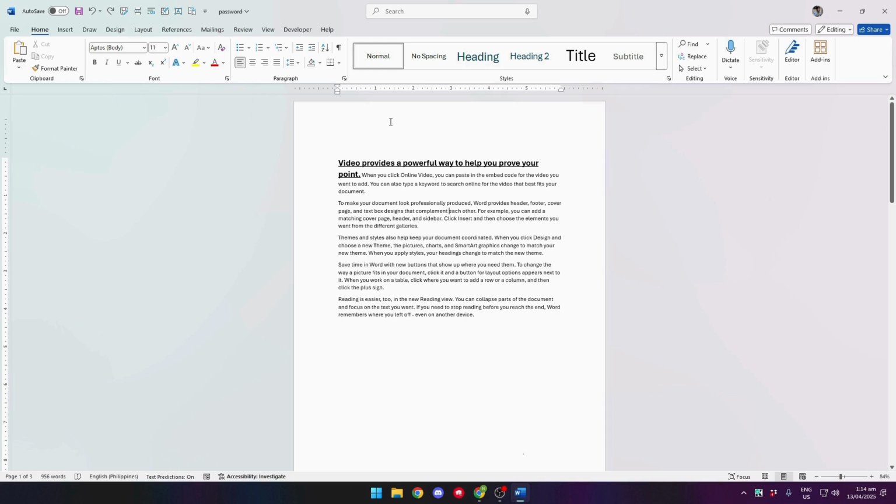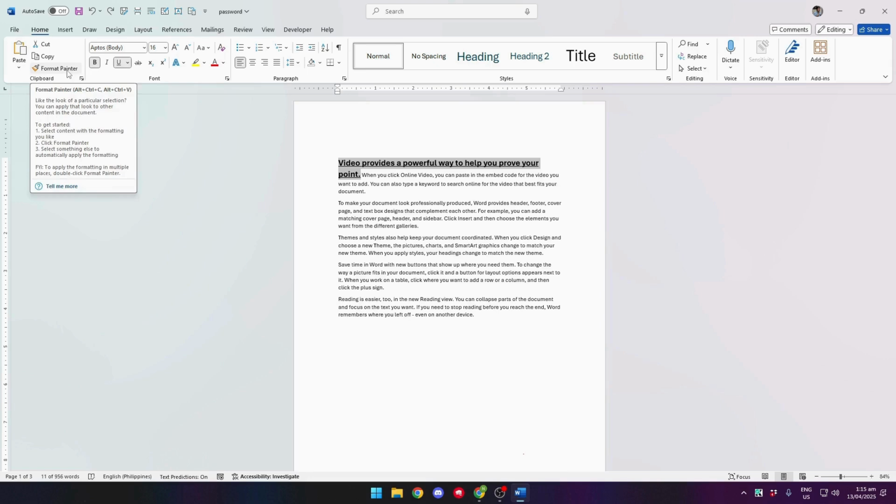Now, instead of manually changing the format for each part of your document, what you can do is first change a certain part, usually the first part of your document, to your preferred format. And if you want to copy that format into other parts of your document, you can simply highlight that section, or in this case, this text right here, which is in bold and underlined, as well as a bigger font. Now, when you have that highlighted, click on Format Painter